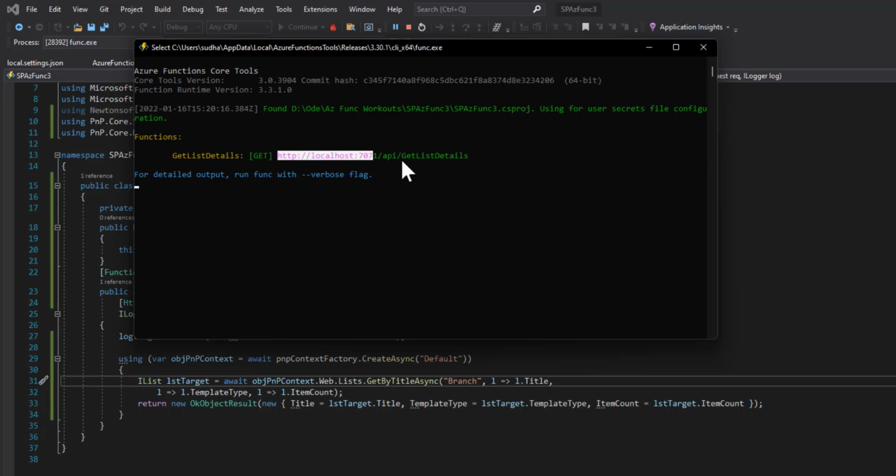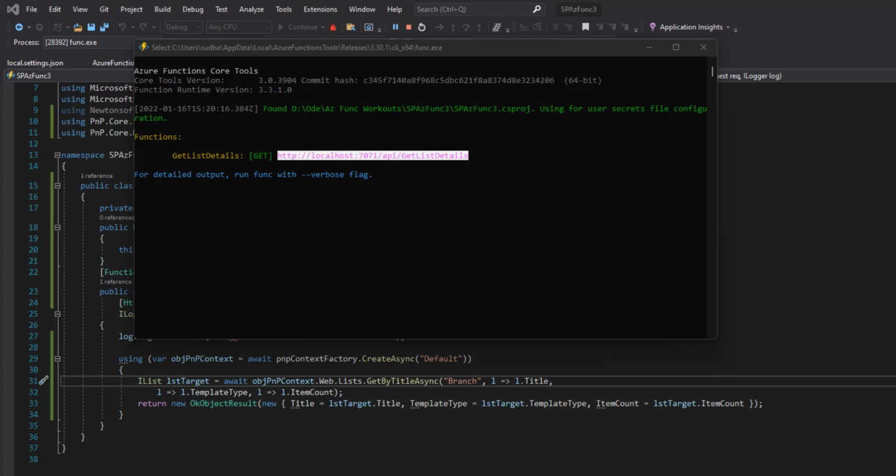So now this is the local API. Since I have started the Azure storage emulator on my local machine, you didn't get any message. If it is the first time you are running the Azure Function API locally, then it will try to start the emulator first, and then it will start your API.